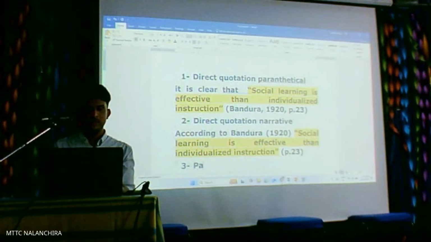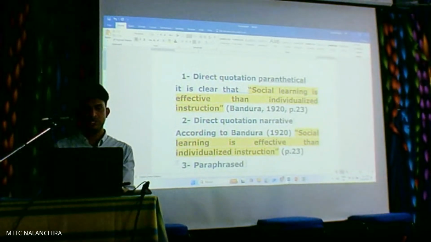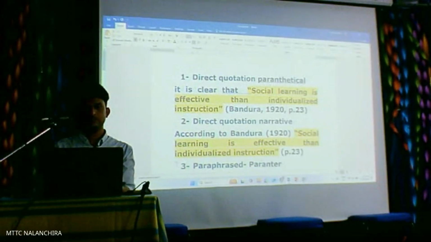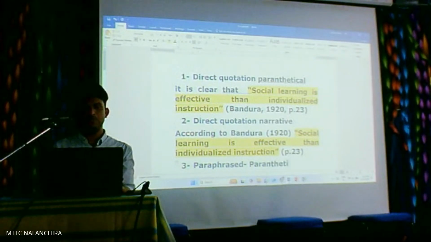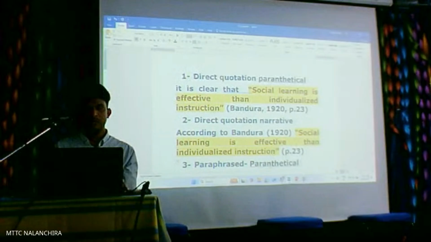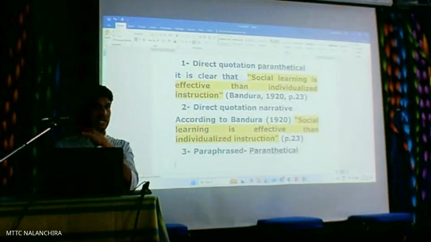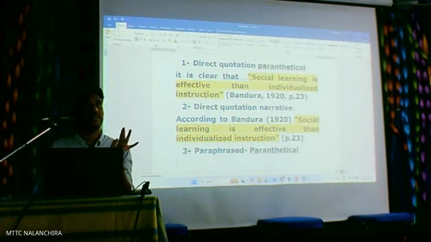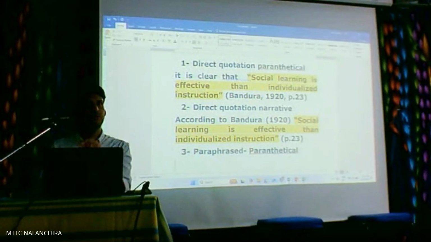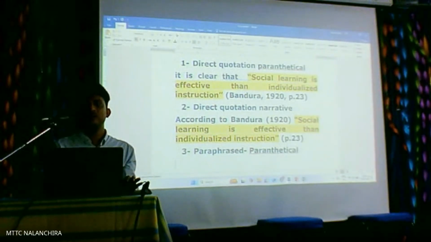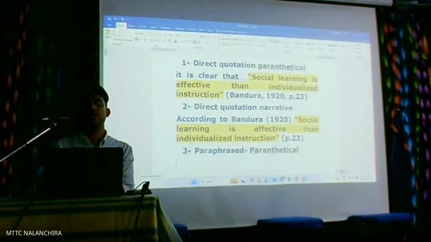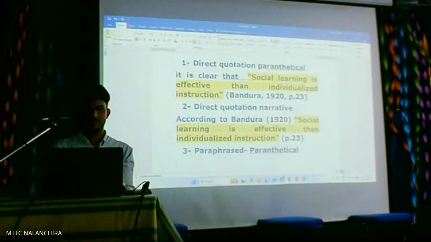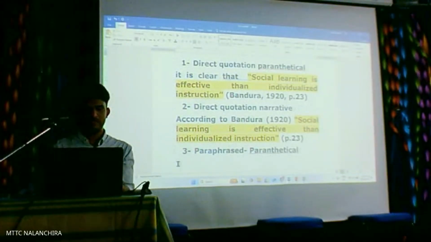That is the paraphrased version, paraphrased, parenthetical. I am taking Bandura's paraphrased parenthetical, but I have to change it accordingly. Paraphrase doesn't mean that you are writing the terms as such. Simply taking learning as instruction, social, group, that is not actually the paraphrase. You change the situation. Suppose I can write